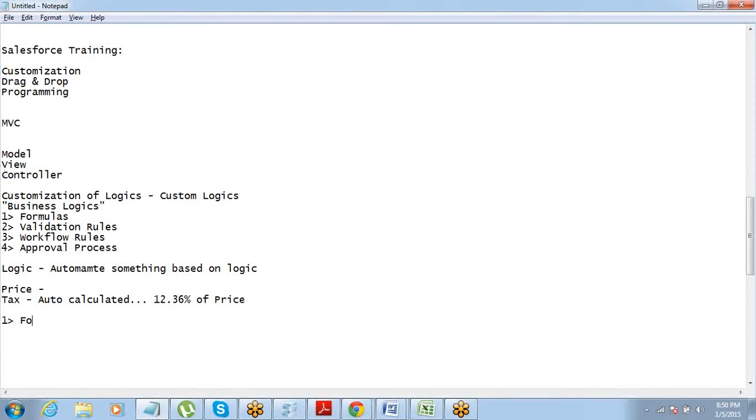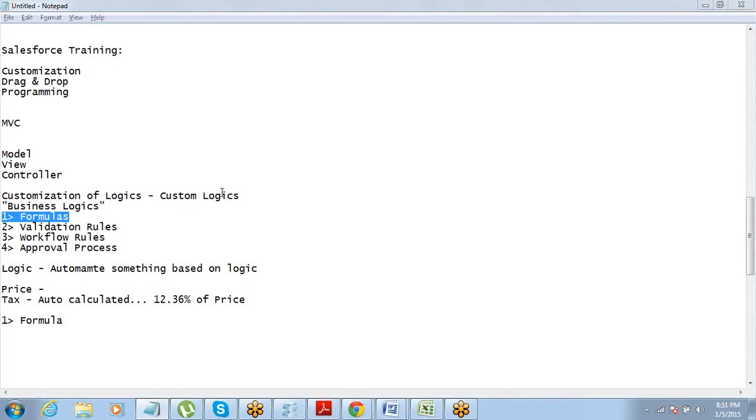The simplest thing that we have is the formula. So we have talked about these 4 things. What is the first thing? Which is a formula. So if we have some logic defined to calculate the value of a field, you can make that field a formula field, and that formula field will automatically calculate the value based on whatever logic you define. As simple as that. Okay, so let's do a small example and see how the formula thing works.